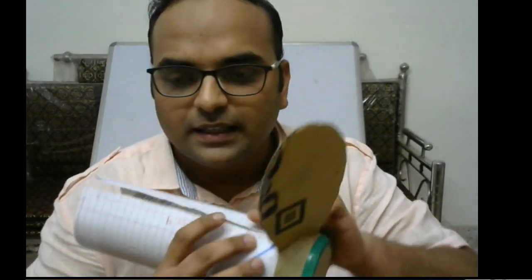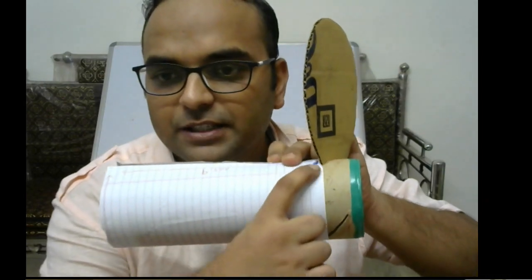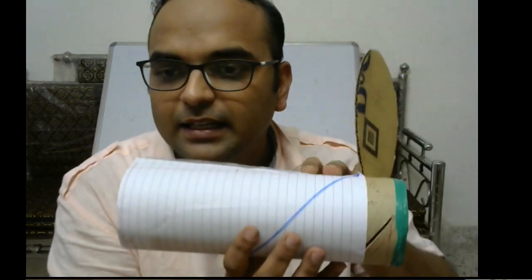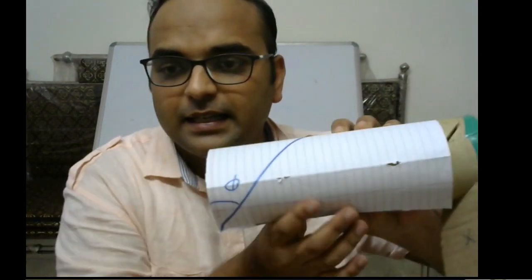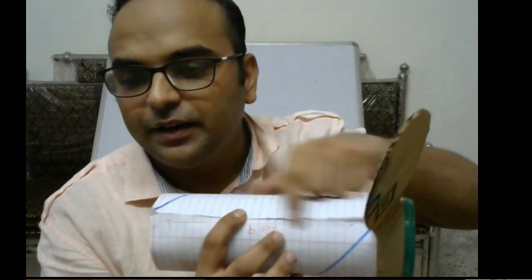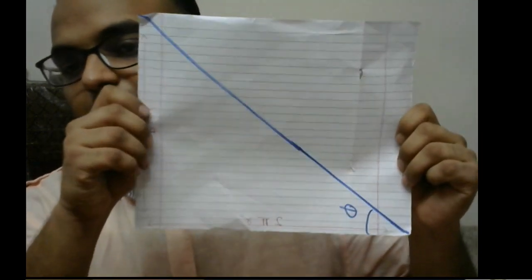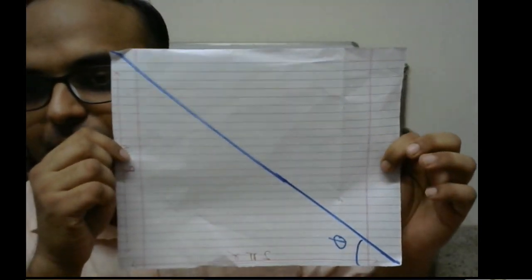So this blue line is tracing a point in the root of the propeller, and see this blue line has come up, and both the starting and end points are in the same line with the root of the propeller. So if I open this one, you see this has made a perfect straight line